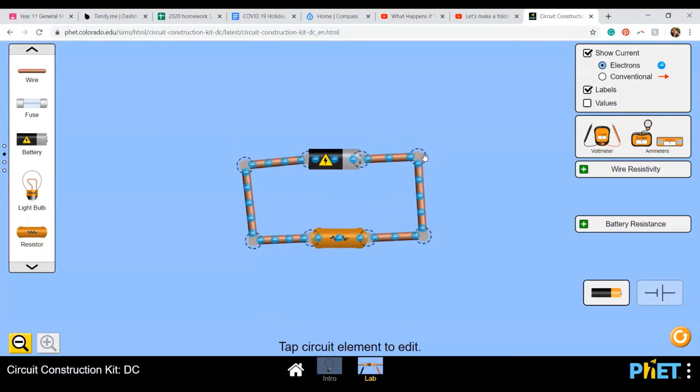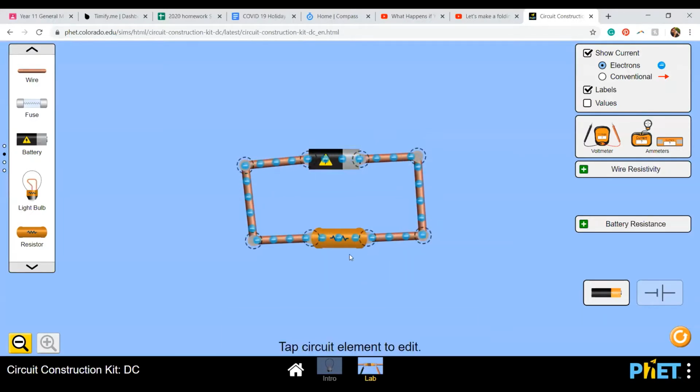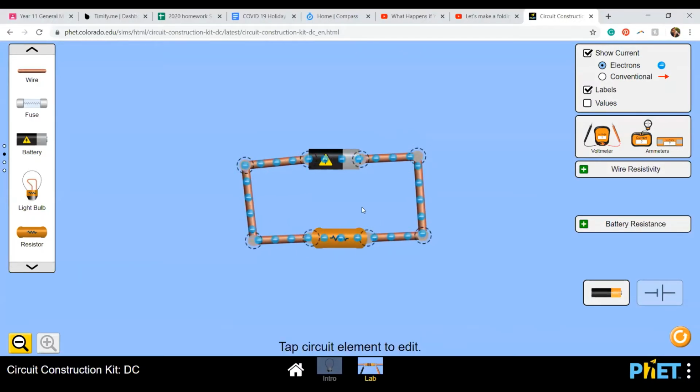This is a power supply. It's supplying 10,000 volts. And then I've got this resistor here. This is a powerful 1,000 ohm resistor. 10,000 divided by 1,000, which means that the current should be 10 amps, correct? Yep, look at that, current 10 amps, got a high current going through here. Now,